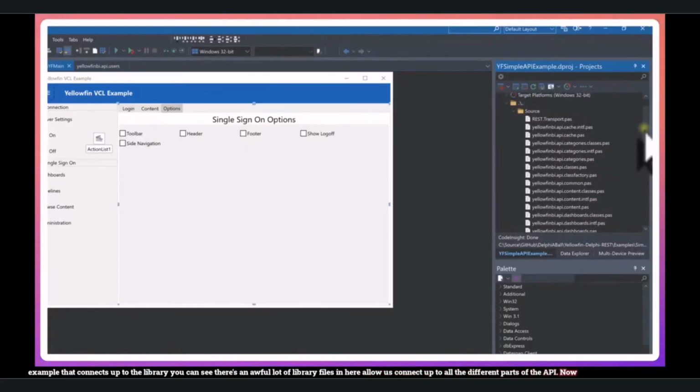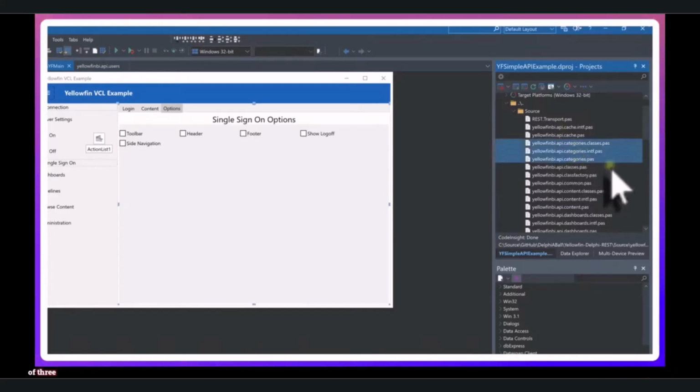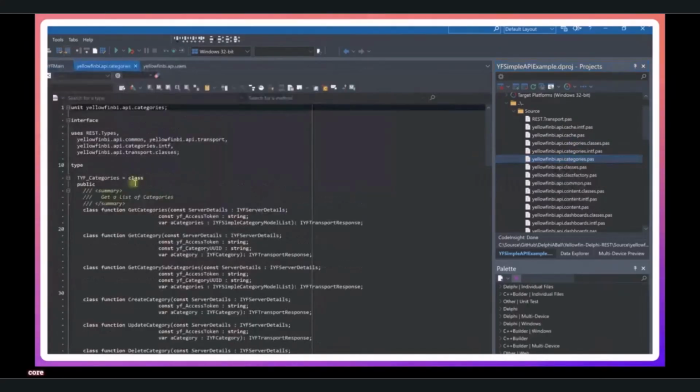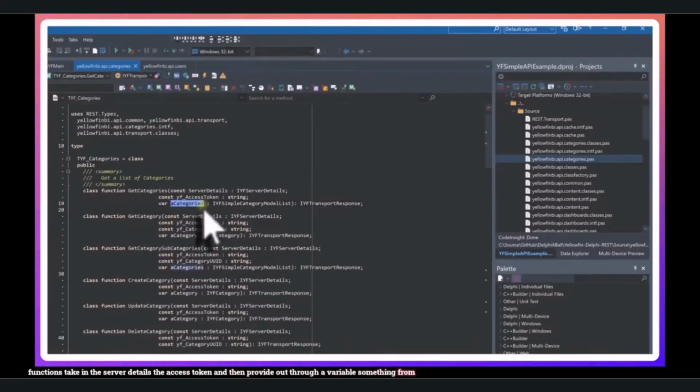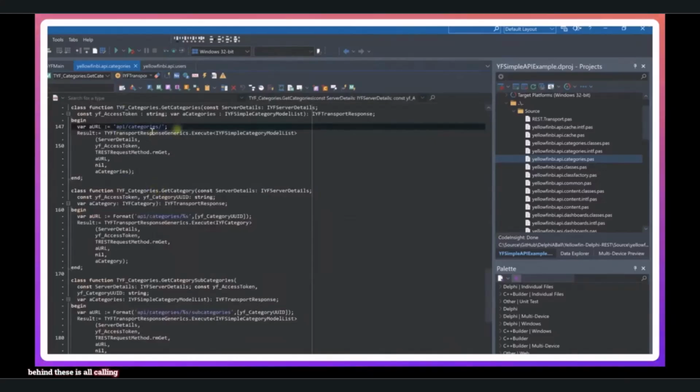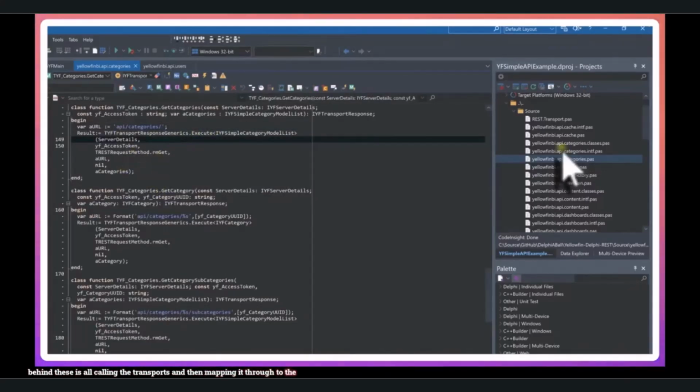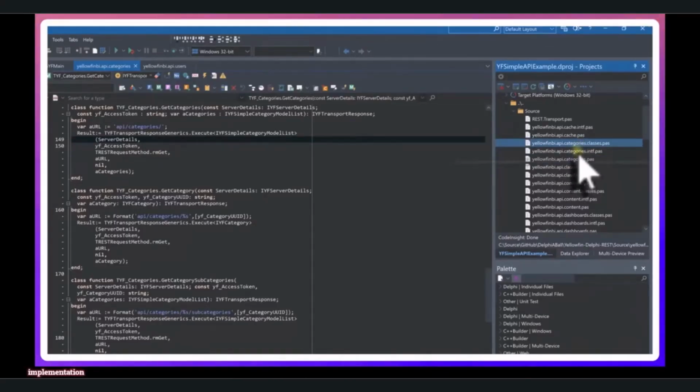Now these files work in groups of 3. So we have the actual core functions that you can go call. And these functions take in the server details and the access token, and then provide out through a variable something from the API. And then you get the transport response, which provides you the raw data and the success criteria. Now, because these are interfaced objects, you don't need to manage the memory of them. They'll just free away. But the code behind these is all calling the transports and then mapping it through to the objects that are defined in the interfaces,